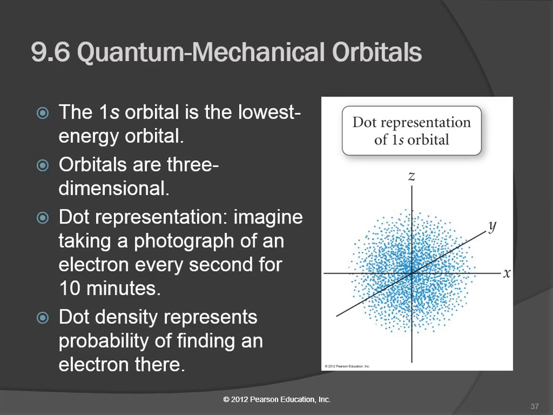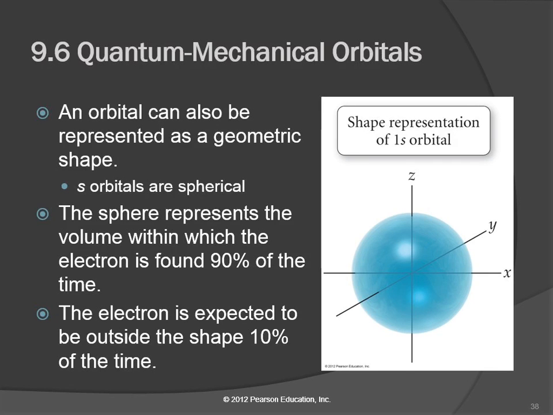Orbitals are three-dimensional. They're not like the orbit that the Earth does around the sun. So it's a volume, a spherical volume. Sometimes we represent them